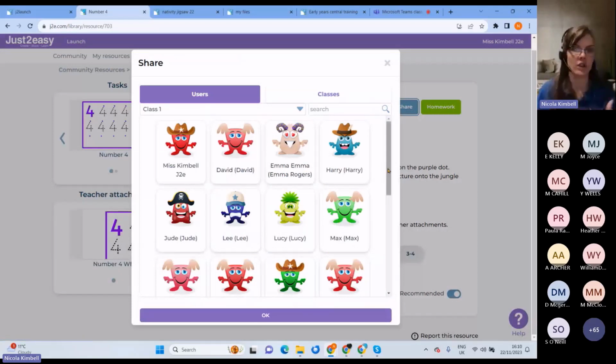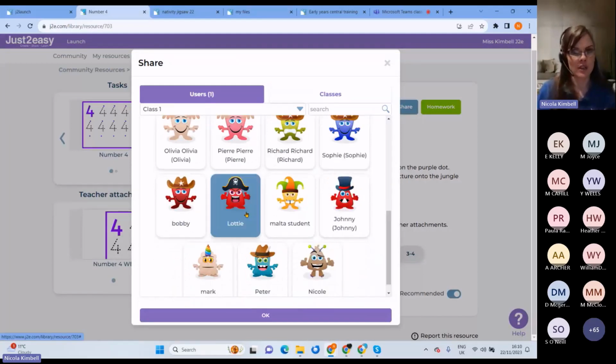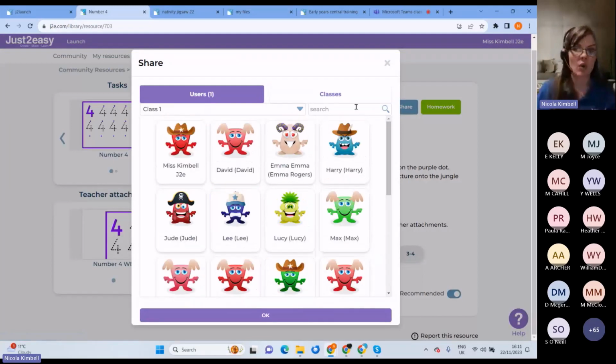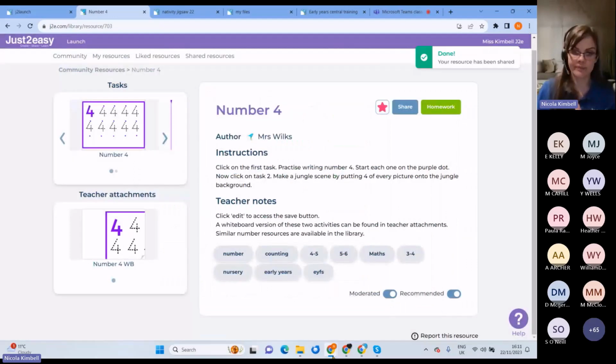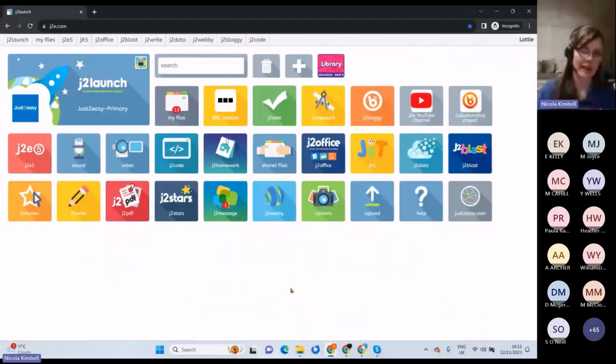So maybe you might have a child that's working above and beyond where they should be. You could just set that for Lottie, for example. You could set it for the whole class. So we've got the classes tab here, and I can click the whole class, and now they all have access to that. So just to show you, when your students log in, remember they can use that QR code to log in,